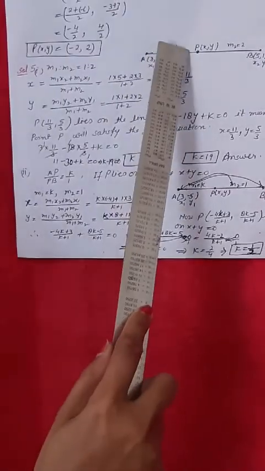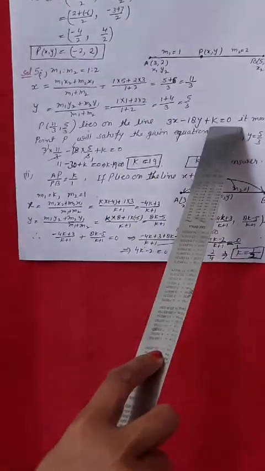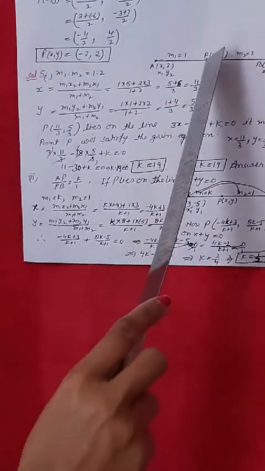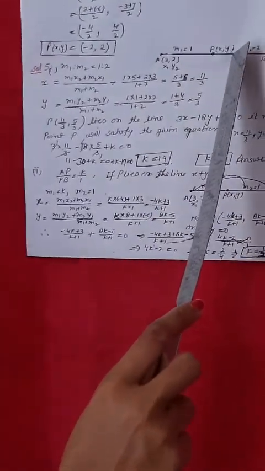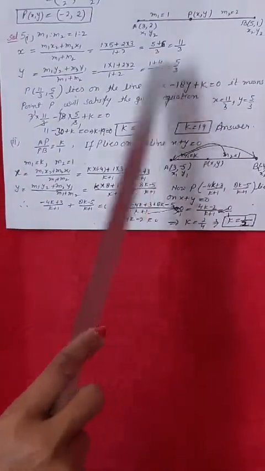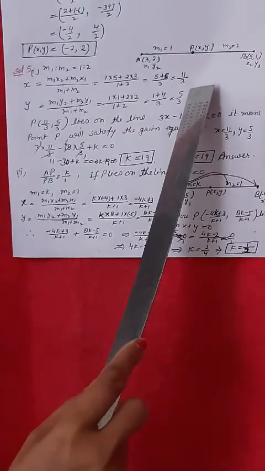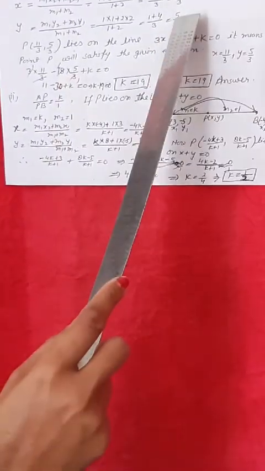Now here you need to understand what it means if we say this point P lies on this line. Lies on this line means the value of x and the value of y will satisfy the equation. It means we have calculated x as 11 upon 3 and y as 5 upon 3. We'll substitute over here: 3 into 11 upon 3 minus 18 into 5 upon 3 plus k is equal